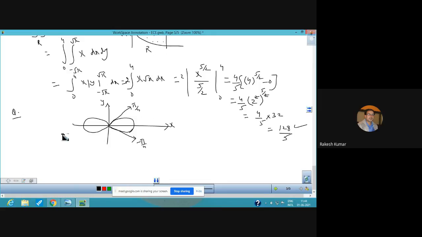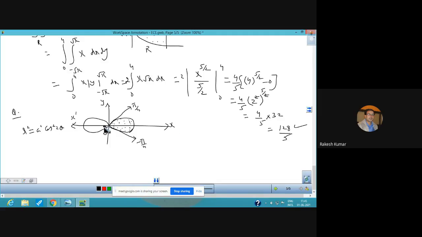And we know that the equation of the lemniscate, it is given to us, that is r square is equal to a square cos 2 theta. So this is the origin point. So this is the loop of the lemniscate. So clearly the lemniscate is symmetrical. It means the loops are lying on the positive side of the x-axis and on the negative side of the x-axis. So it is the initial line. Actually, it is along the horizontal line.